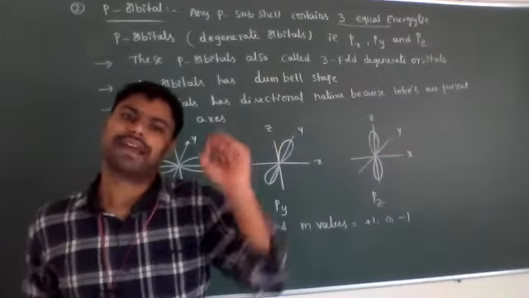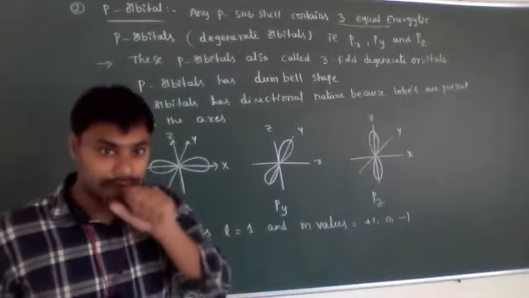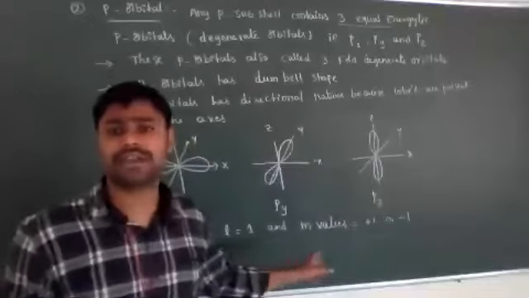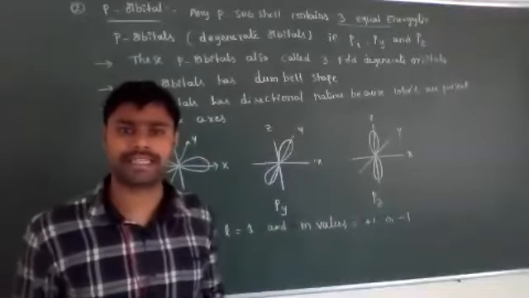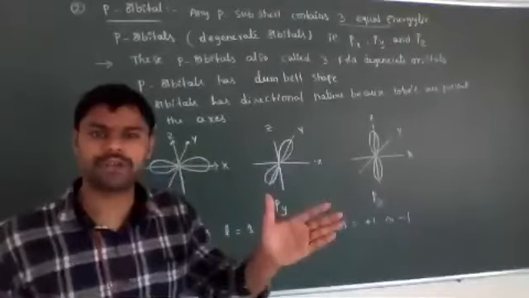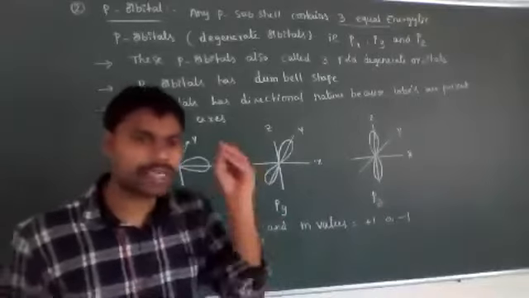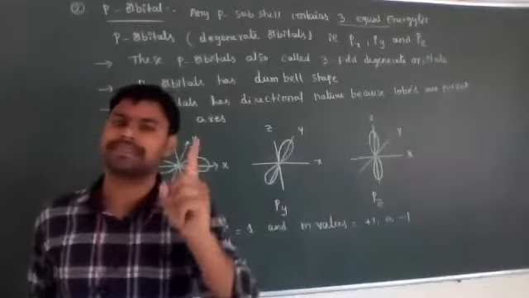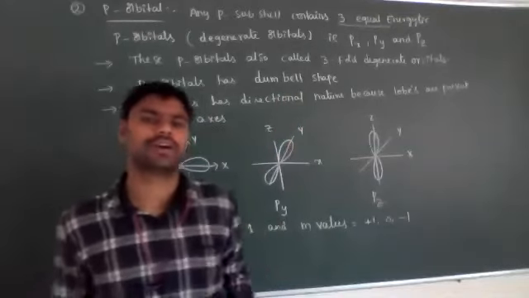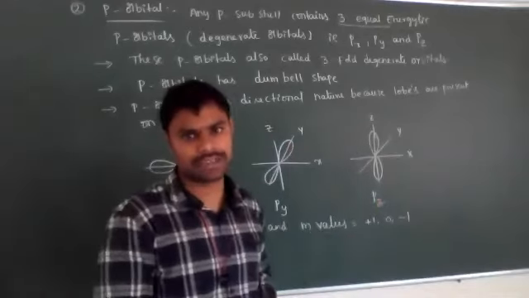That's why I said every orbital has one m value. For p orbitals, the m values must be only plus 1, minus 1 and 0. They never contain plus 2, minus 2, minus 3 or plus 3. If plus or minus 2, plus or minus 1 and 0 are present as m values, then it belongs to the d orbitals.